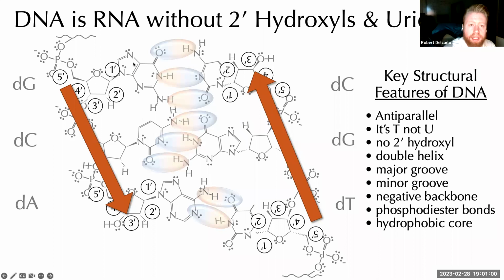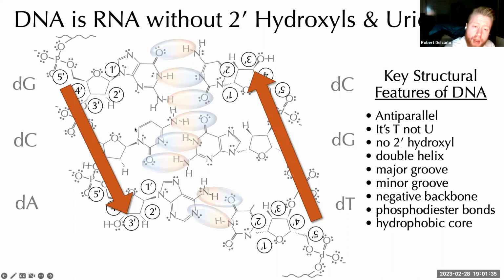But in the middle, there's going to be a relative increase in hydrophobicity because you've got these double bonds, you've got these carbon groups, and at least charge-wise, a lot of the partial charges are balanced out by these hydrogen bonds. And so on the whole, the inside of the helix is a lot more hydrophobic than the outside. But again, this is all relative because the inside of DNA is nowhere near as hydrophobic as, say, a lipid,